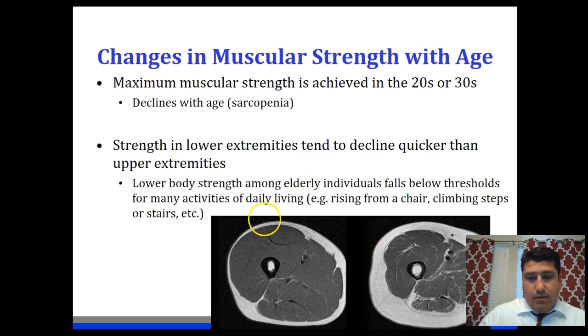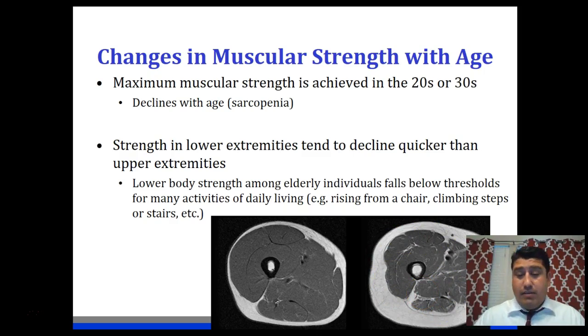Okay, so you can see that this image has a lot of muscle and very little fat located around the edges of the leg. Now the second picture says down here age 25. So this is a 25-year-old leg. The image on the right is a 63-year-old person's leg, and you can see that there's a decrease in muscle mass and an increase in fat mass around the leg. Okay, so this is what happens when we age.